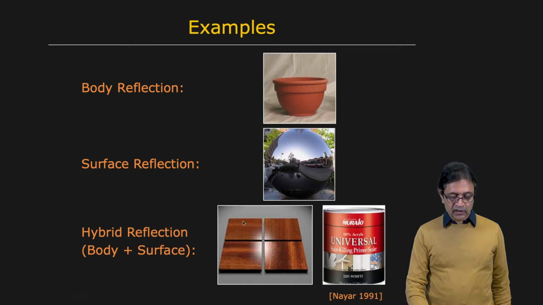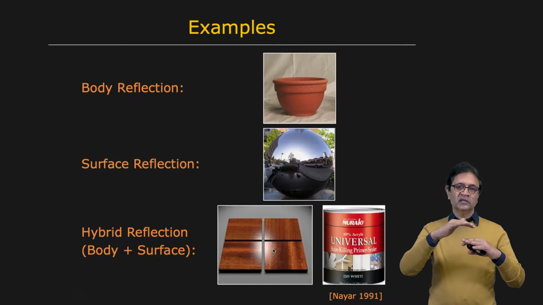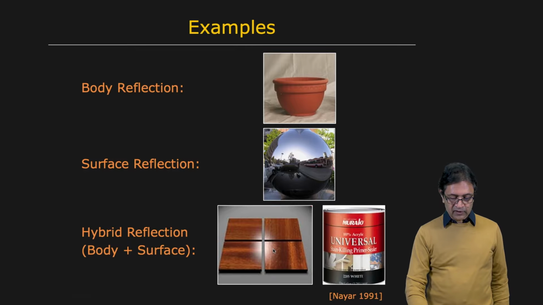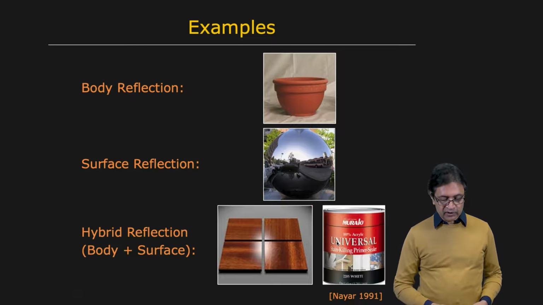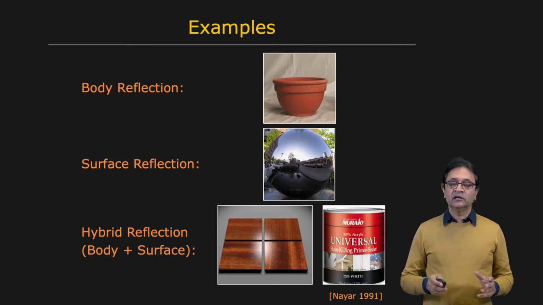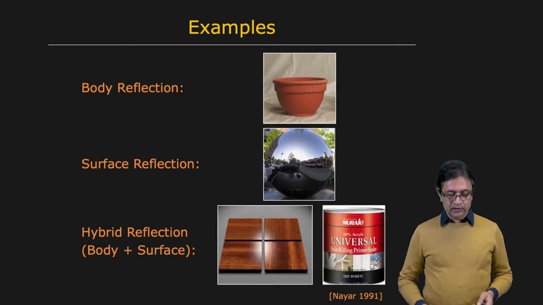In this case, from your vantage point, you have primarily body reflection in this area, but here you see there's a combination of both body reflection and surface reflection. And therefore, you see this highlight that's sitting above your body reflection. You see highlights here as well. That's a highlight, that's another highlight, but underneath that you also have the body reflection itself. So now let's take a look at some commonly used reflectance models.